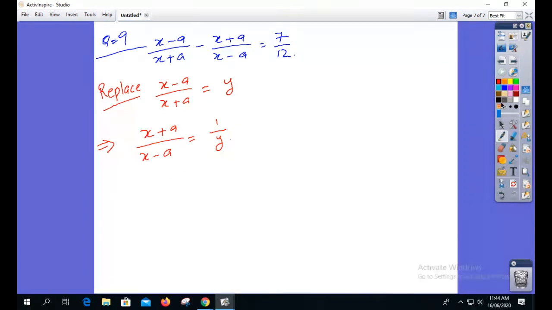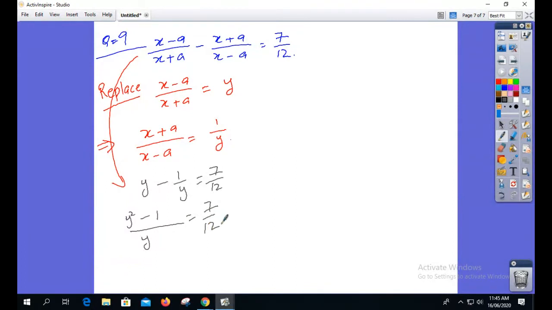Then we have new form. What is our new form? New form is y minus 1 by y equals to 7 by 12. By taking LCM, we have y square minus 1 by y equals to 7 by 12. By cross multiplication, we have